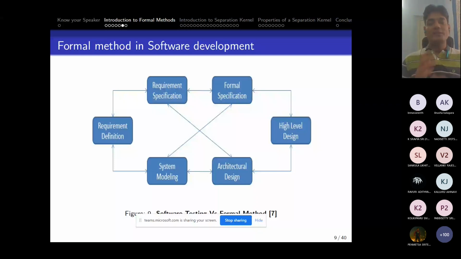So after some time, you will come up with a system which is not as per the customer, because there were so many gaps in the requirements. Also, requirements are sometimes ambiguous. It is not very clear what to do and what not to do. So if you use these formal methods at the time of writing requirements only, then all your requirements will become unambiguous.